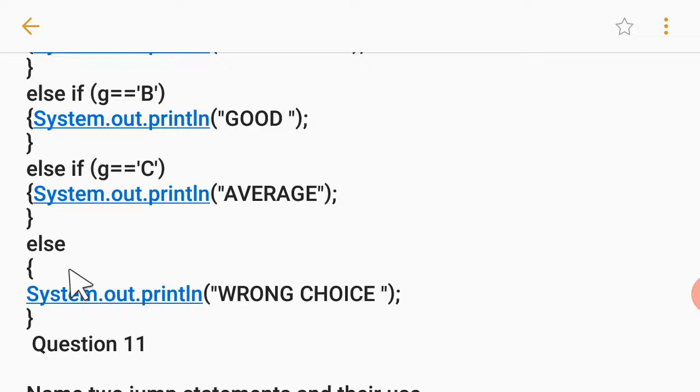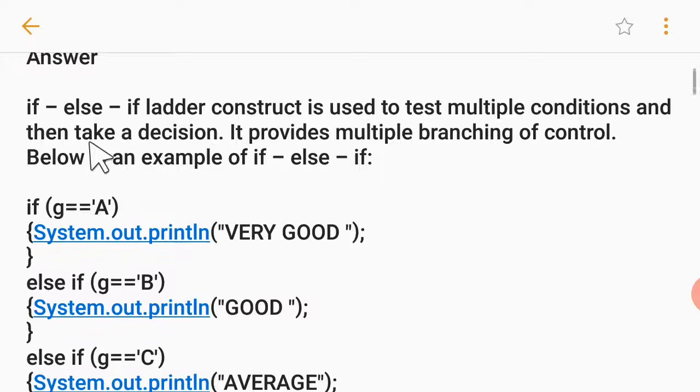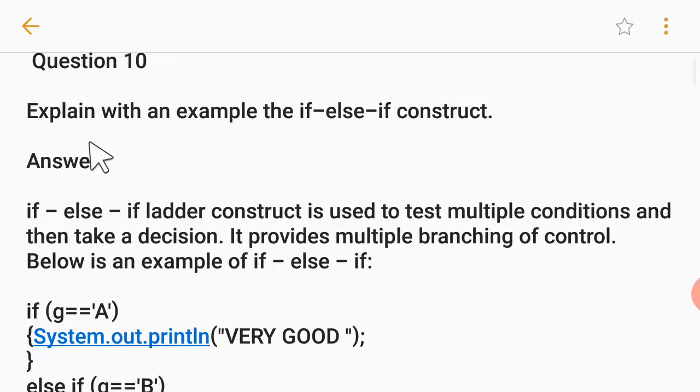That is very easy to write. After just writing it 6-7 times, you will be quite efficient and skilled in writing multiple conditions programs. And the last very important thing here, students, is that every time you write if else if, they all appear in small letters. So I hope everybody has a clear understanding of this concept of the if else if ladder construct. Thanks everyone.